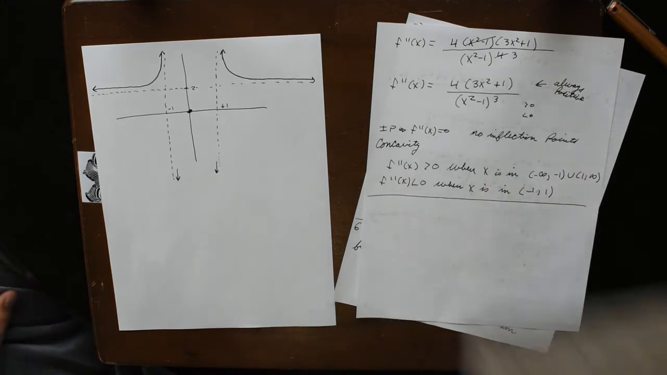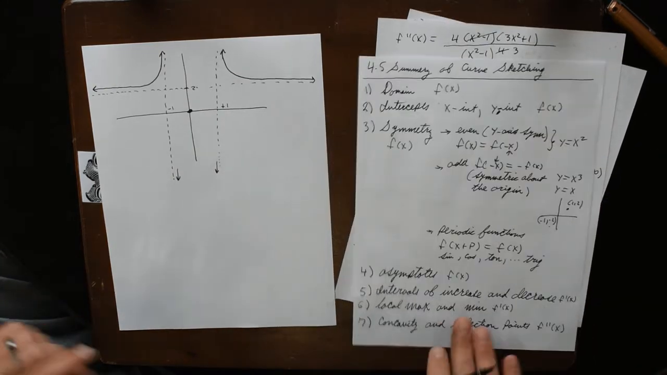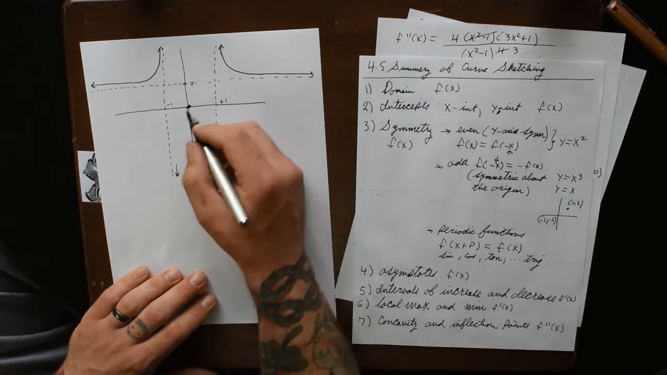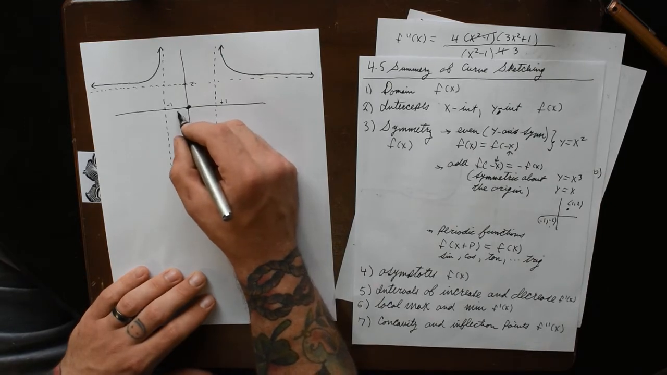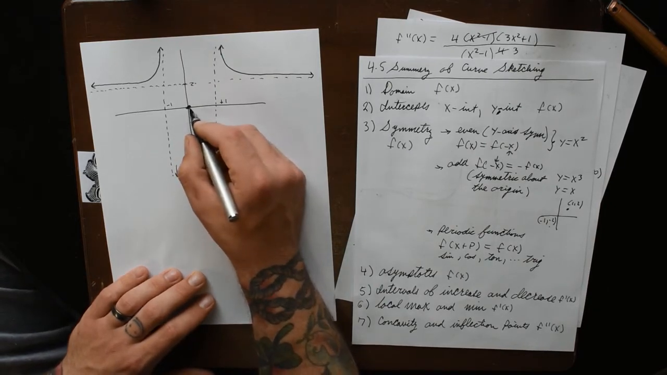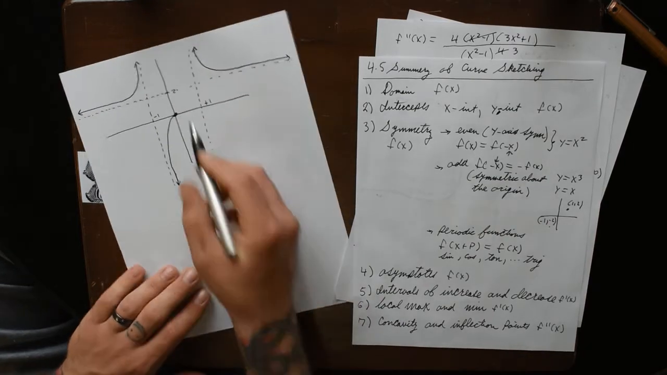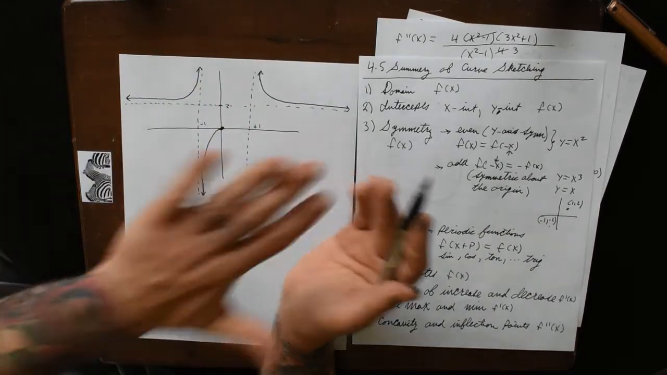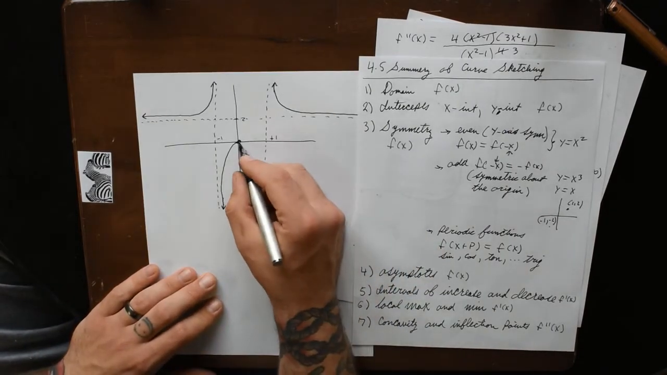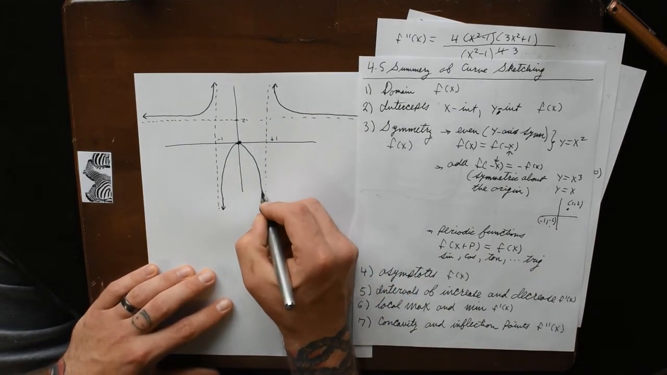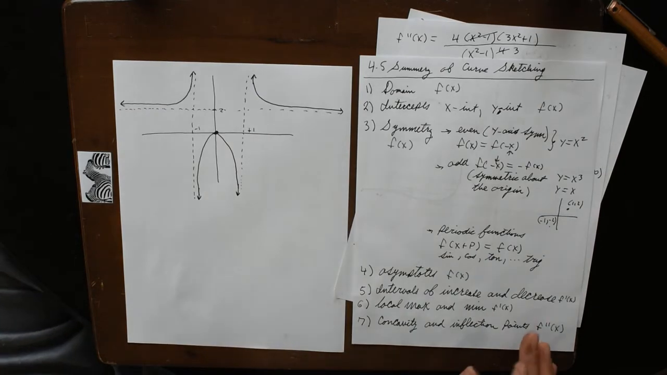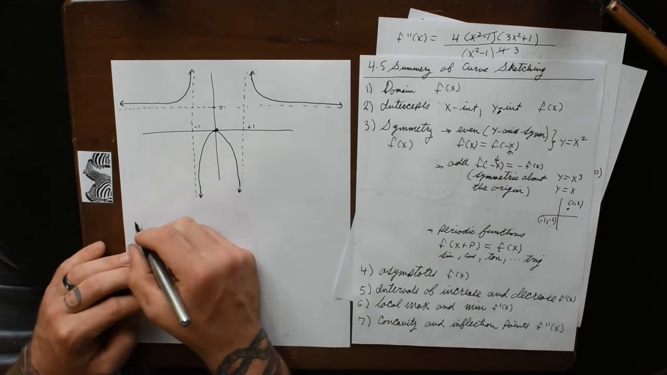Perfect. So we also know that we're concave down on this interval. So we're never going to wiggle up or down. We have to stay concave down. And we're even, so what happens on this side has to happen on this side. We're also concave down. Perfect. This is a sketch. This is my sketch